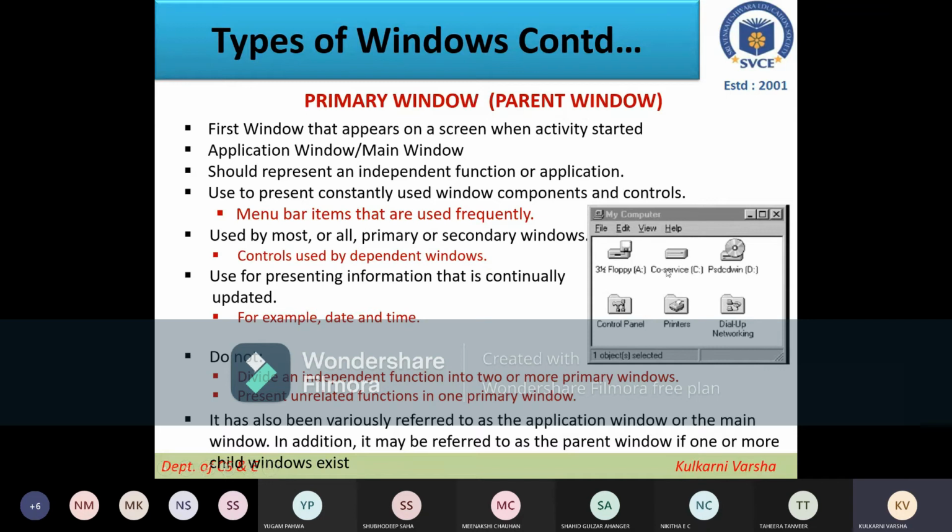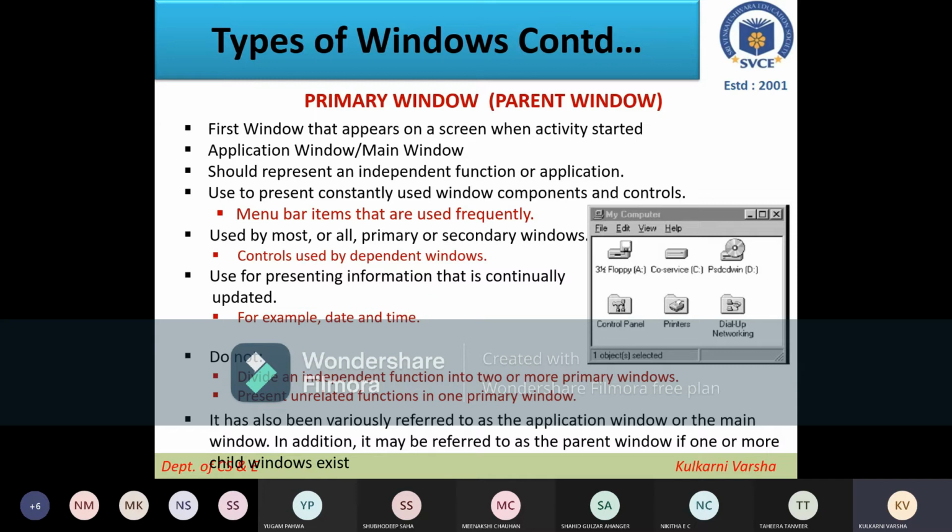If we open our computer, nowadays we generally have a desktop. When we want to open anything, not everything will be on the desktop. All your applications will not be on the desktop. Through the desktop you are not clicking on some application; you will have things like A drive, C drive, D drive, different drives.